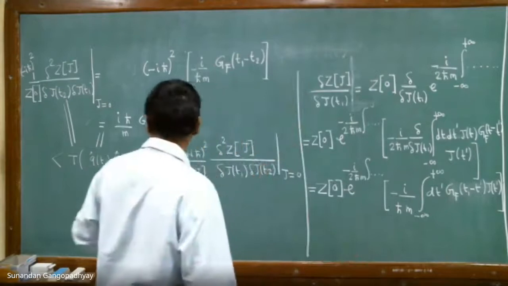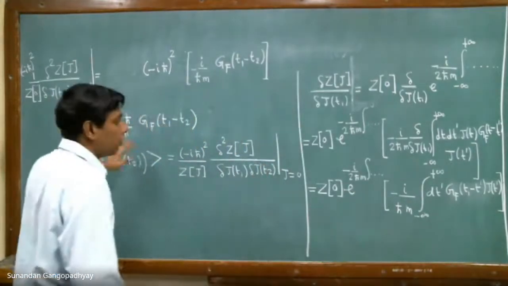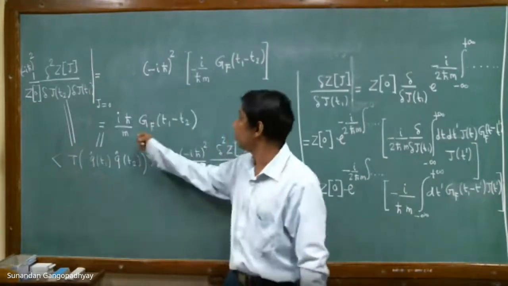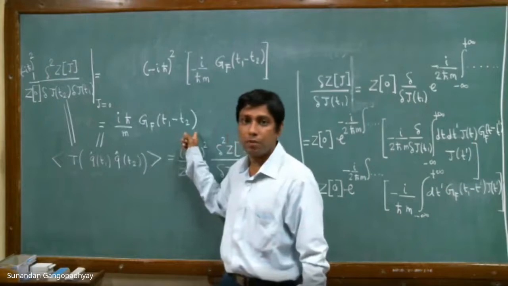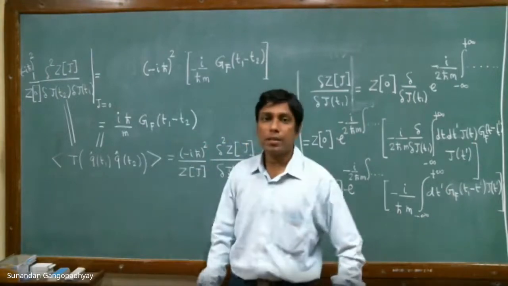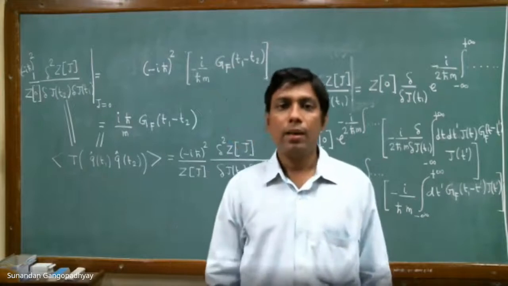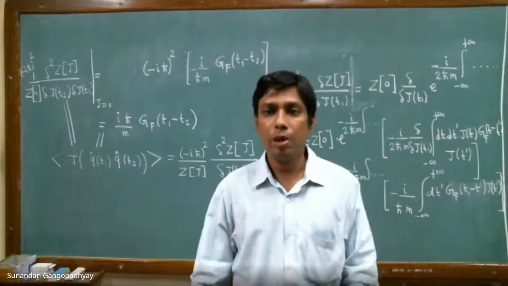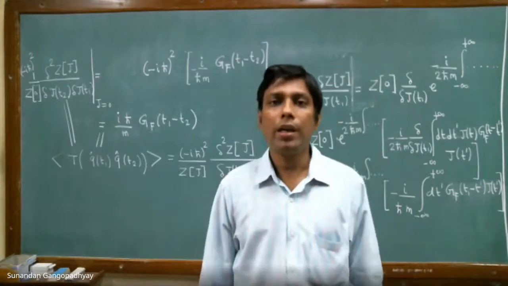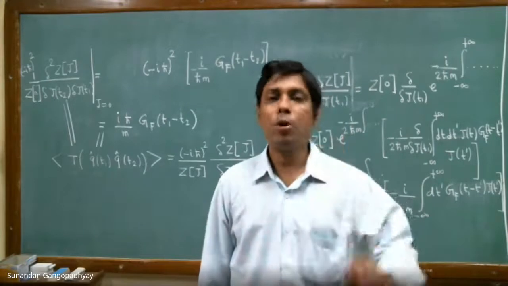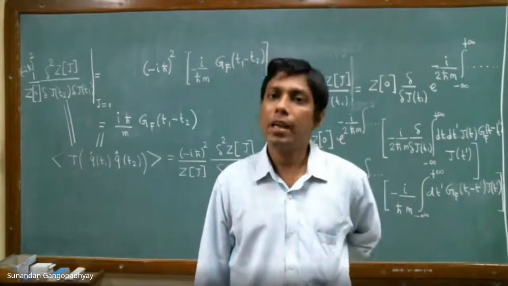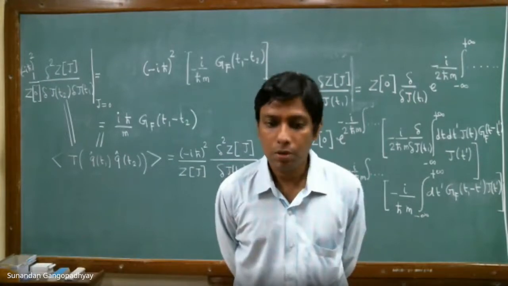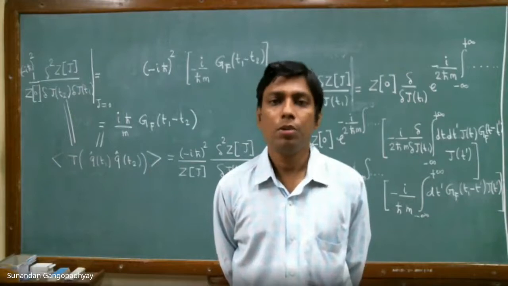You know that expression. I have calculated the 1-point function for you, which is 0, and also the 2-point function for you, which is equal to nothing but iħ/m times the Green's function of the theory, the Feynman-Green's function. Now the exercise that I want to give you is the following. You check what is the 3-point function, what are the odd point functions, like the 3-point function, 5-point function, etc. And also calculate the 4-point function, and if possible the 6-point function, and check what you get. So this is the assignment that I leave for you to do at home.